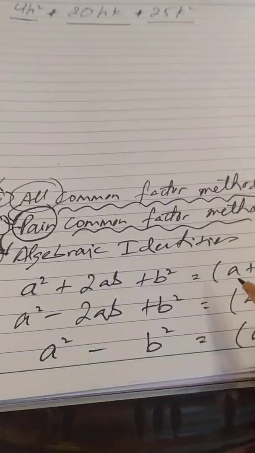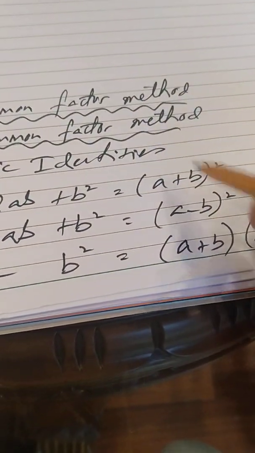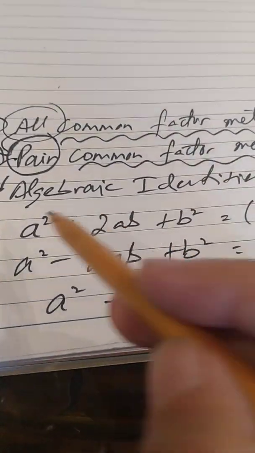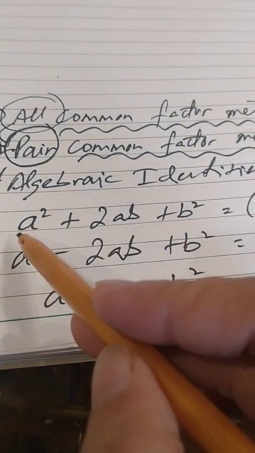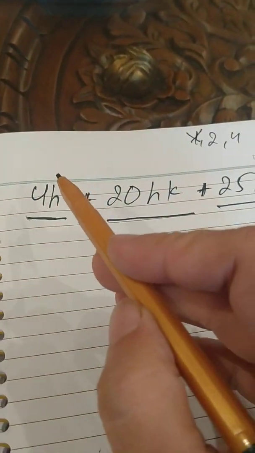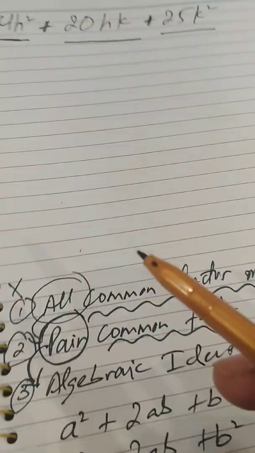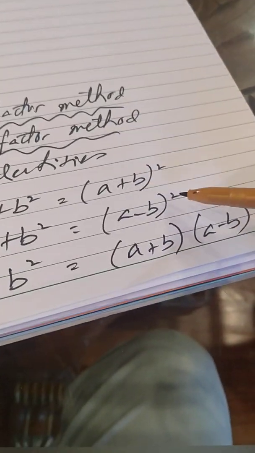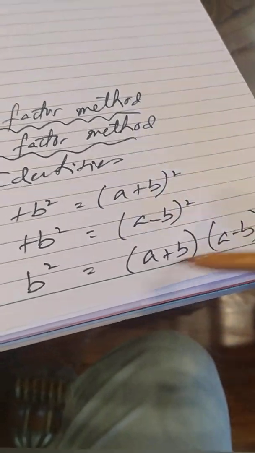Remember we did identities in algebraic expressions. Expansion means opening the brackets. In expansion, the teacher gave you this and this is the result. But in factorization the teacher will give you these terms and these brackets are the result. In algebraic identity, why do we call it an identity? Because first of all we try to identify the given algebraic expression with these 3 special algebraic identities: square of the sum of 2 terms, square of the difference, and product of the sum and difference of 2 terms.